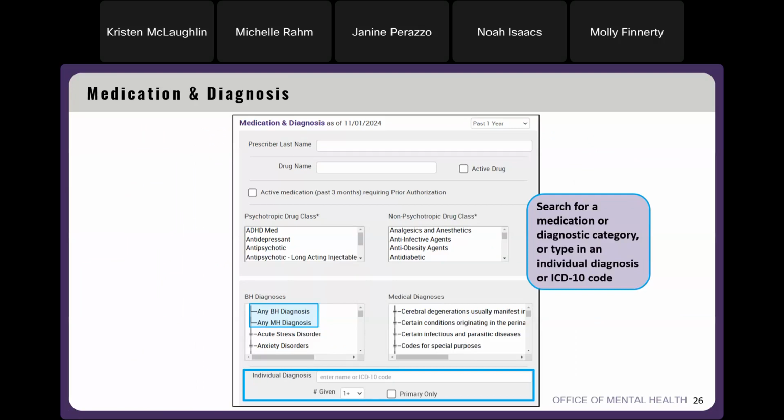And then we have medications and diagnoses. This is not only allowing you to search by a specific medication, but you can also search by a specific drug class. And you can also search by either a diagnosis domain, or you can click inside and open up that tree for a specific type of diagnosis, or you could even type in the ICD-10 code or use a fuzzy logic of searching for the name of a particular diagnosis. So that's another type of search that you can add on and create these really interesting cohort searches for yourself.